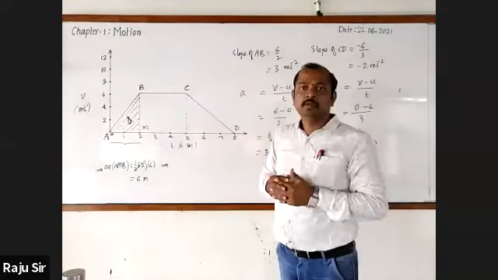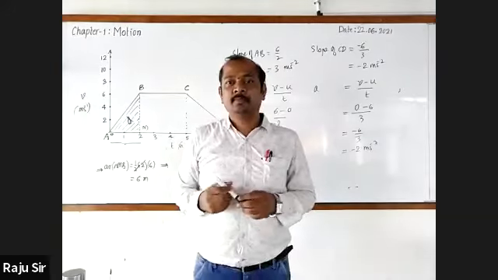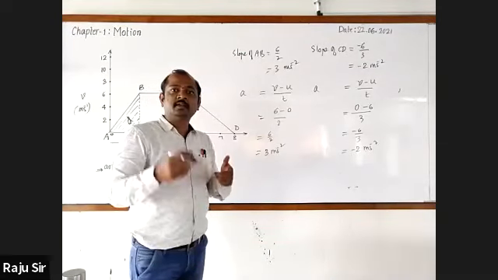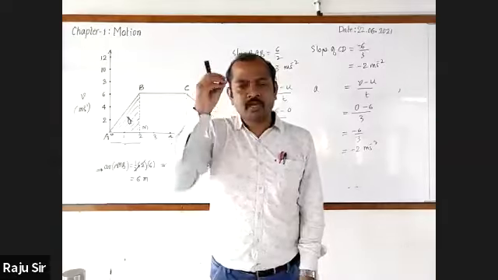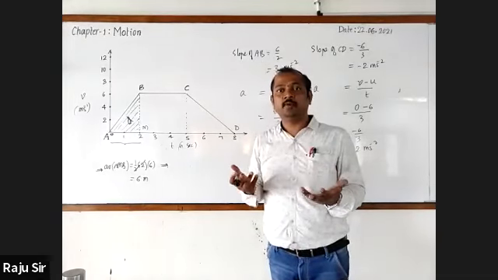What is the distance traveled by the body during its constant speed? 0. Very good. Really, I appreciate you like anything. If you are moving at constant speed, the distance covered by you? 6 meters. You must have the thinking skill. When you are moving, you say distance is 0, then you are really wonderful.